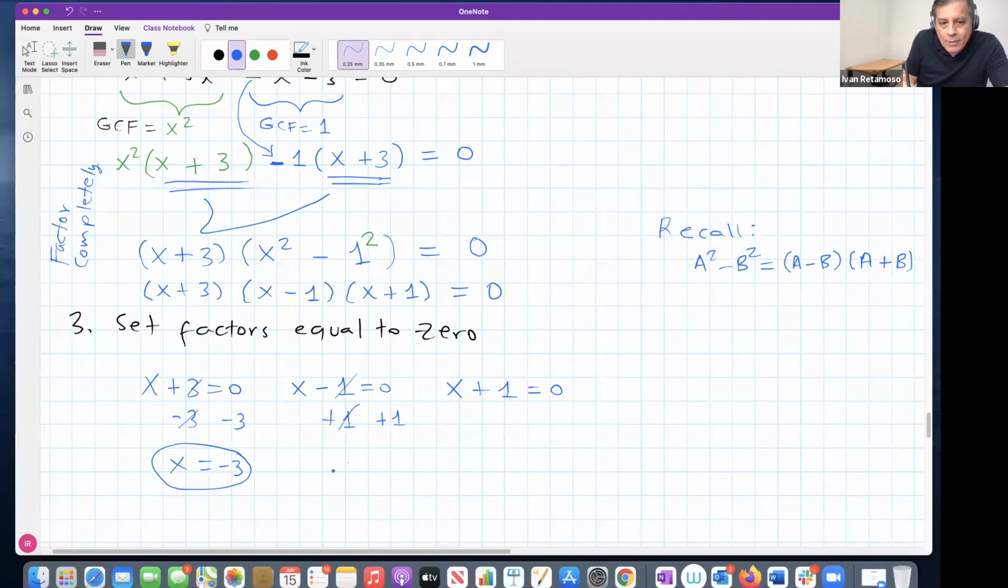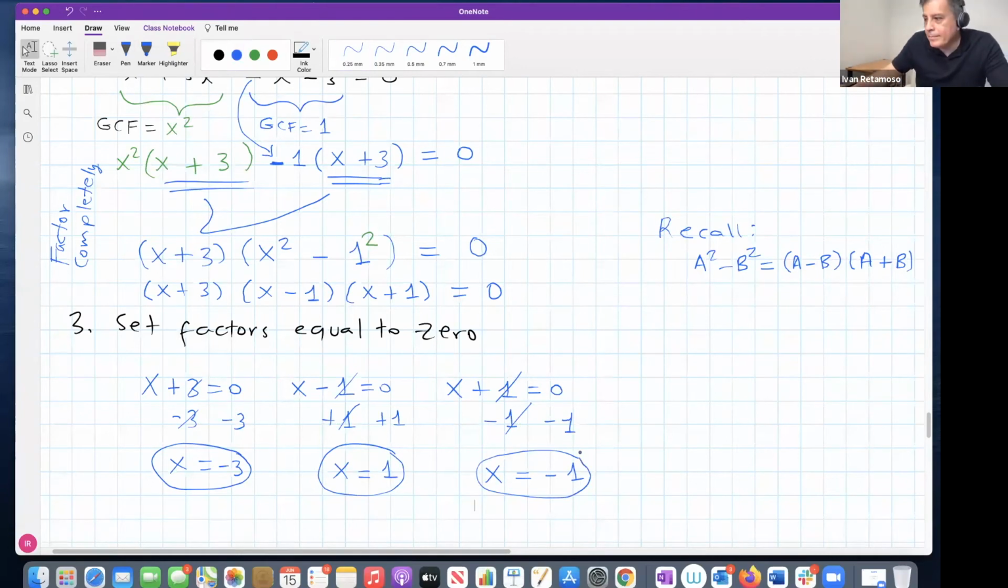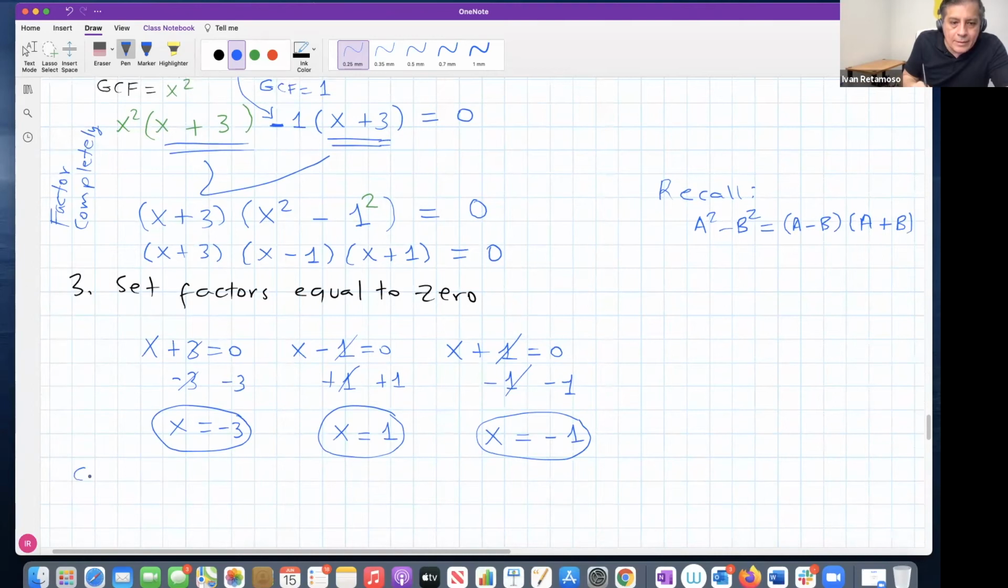x equal 1 will be our second 0, right? And x equal -1 will be our third 0, right? These are 3 zeros there. So conclusion, the zeros are